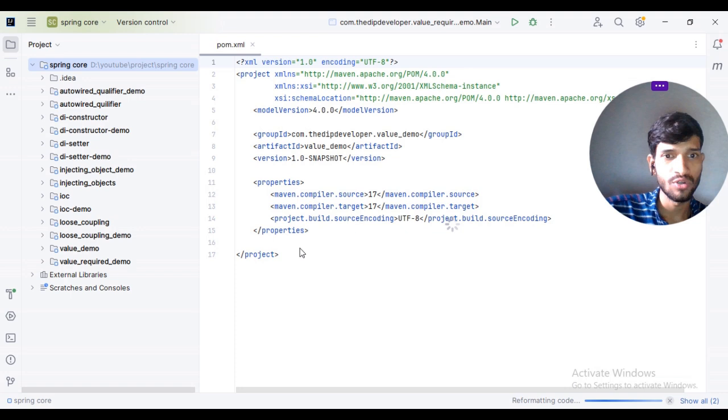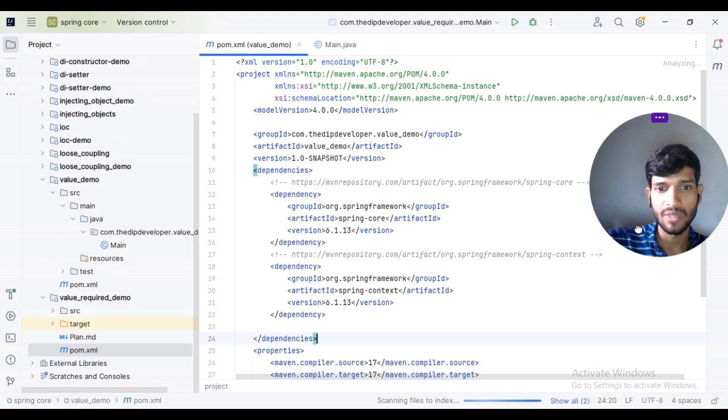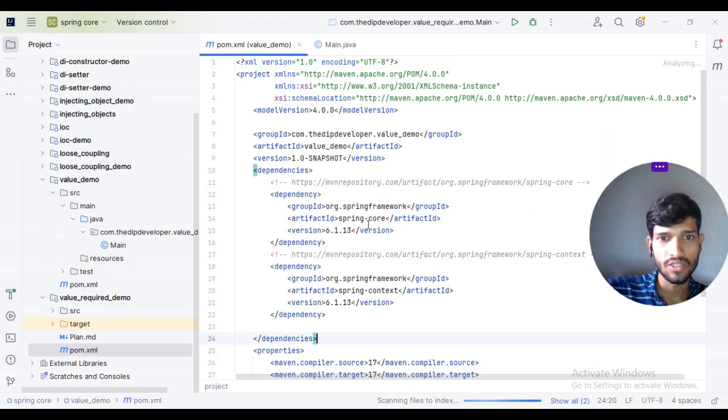Project is created, and to load Spring framework I will add a dependency here. I have added Spring core and Spring context. I load the dependency, and I will also add